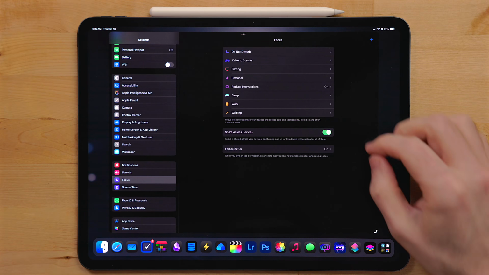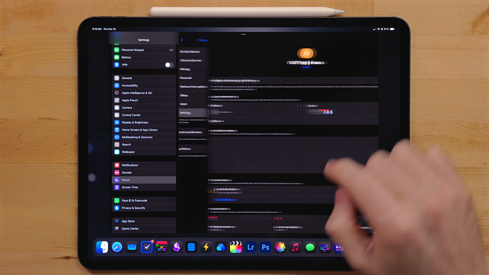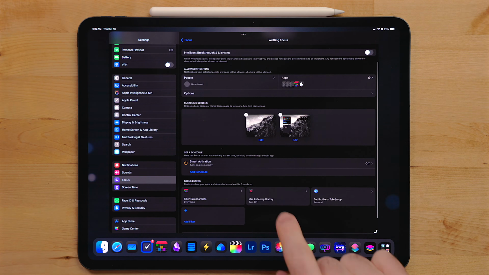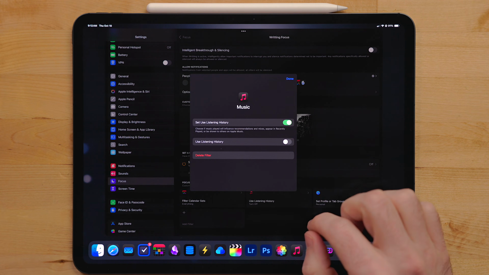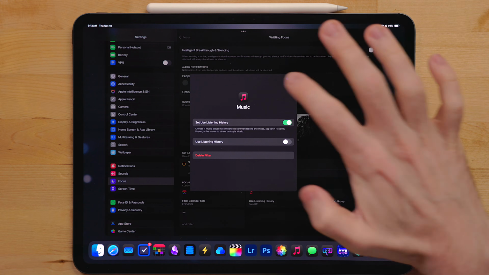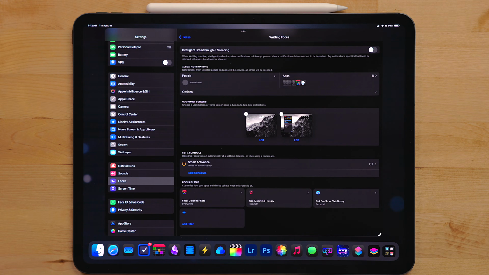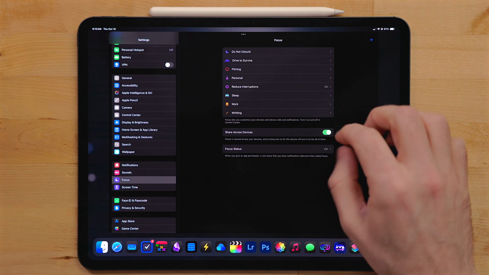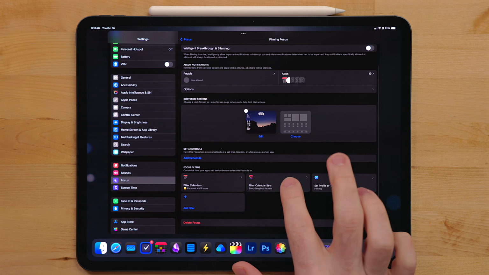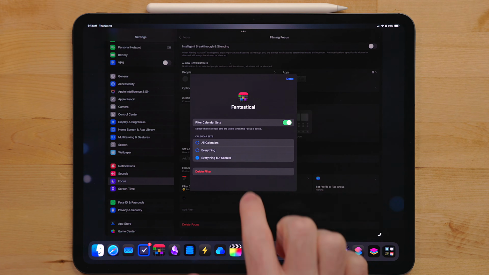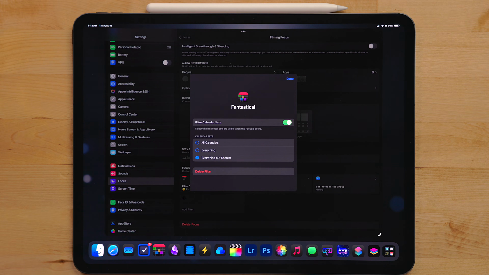Now, I do have a couple of other specific focus modes I am using. One is for writing. I did this so I can turn off the Apple Music recommendation algorithm. When I'm writing, I'll either use dark noise or I like to listen to music that doesn't have any lyrics. The minute lyrics come into play, I get distracted. The other focus mode I use is for filming. When this one is active, it triggers some background shortcuts, like changing the light setup in my office. It also switches my calendar to an everything but secrets focus. This way I don't accidentally leak an embargo or meeting.